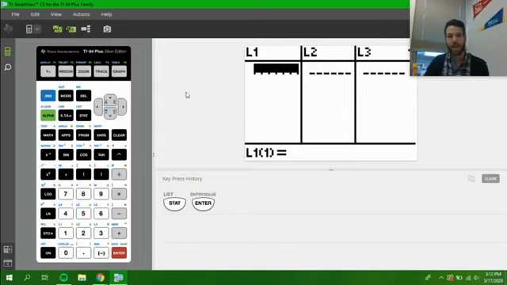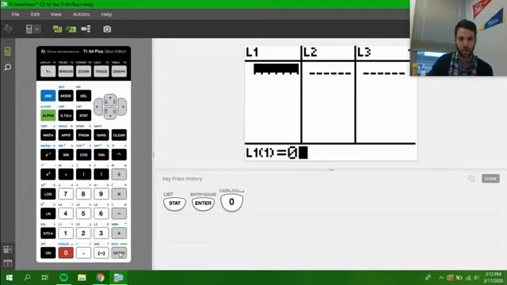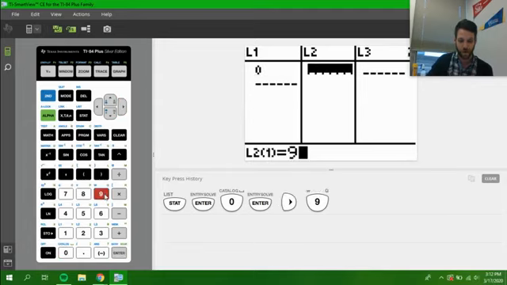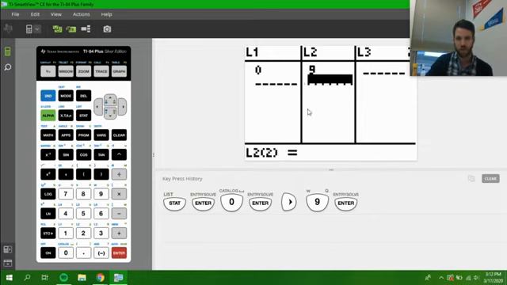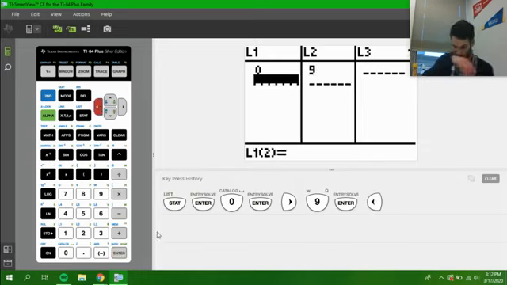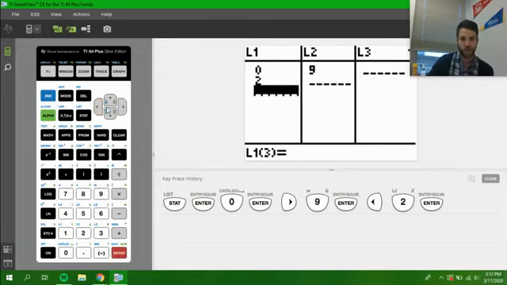We're going to put it into L1, our first x value of 0, and 9 is the y value that goes with that. So we have our first point, 0, 9. And then we are going to put in 2 and 49